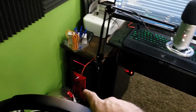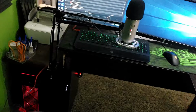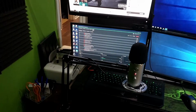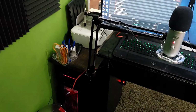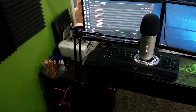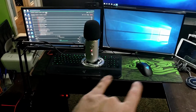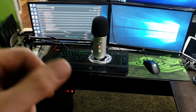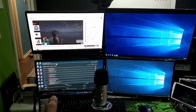Got the computer down there. In between the two, I've got, which is kind of thrown on there, my internet, my modem router combo. I've got all of my accessories there, more pins, more cables, my Blue Yeti mic, mouse and keyboard, mouse pad runs all the way across there. 4 monitors, I've got